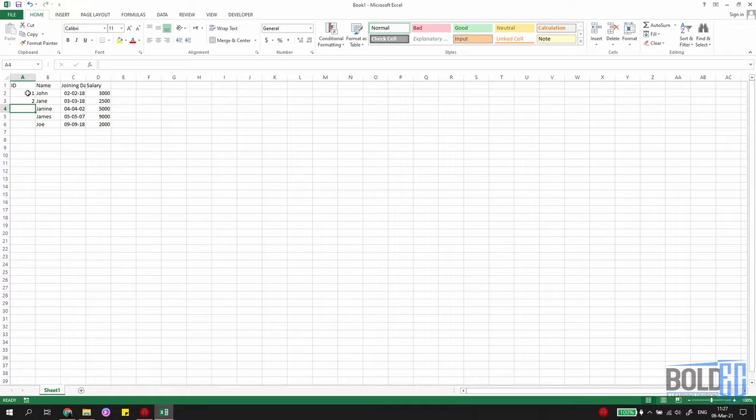I don't want to continue manually inputting all the IDs. Therefore, let me introduce you to Excel autofill. If I select 1 and 2, which will give a pattern to Excel, and come to the right corner and double click on it, I will have Excel autofill the data to the last row that I have inserted data on. Okay, let's go back and insert the